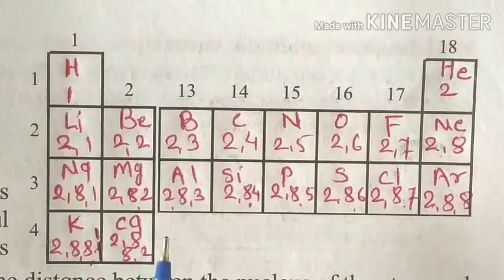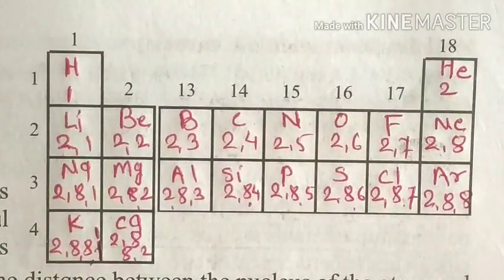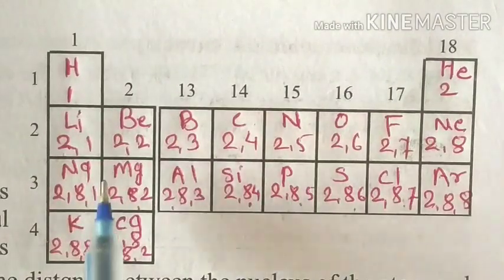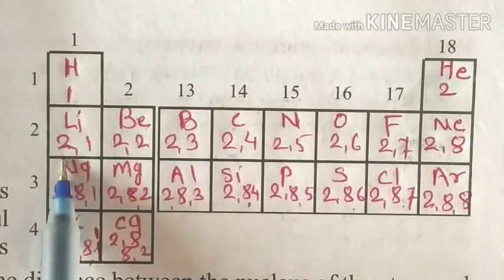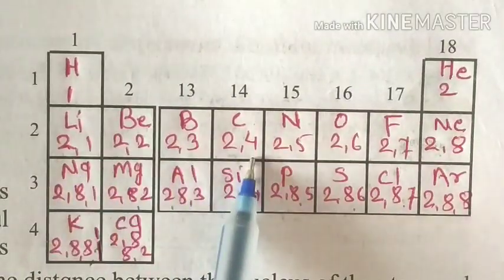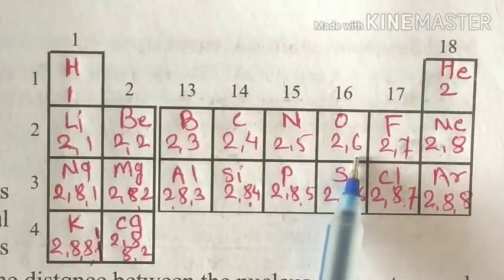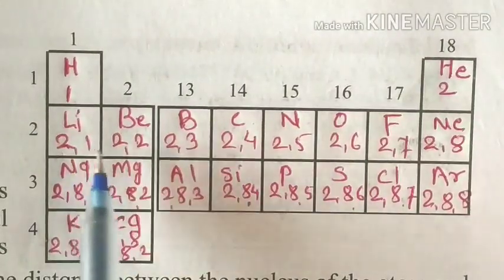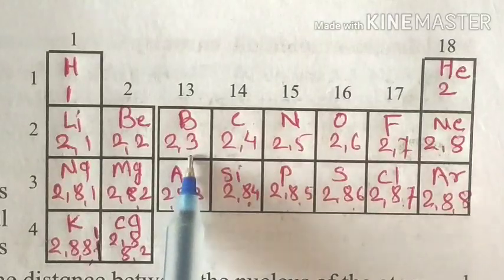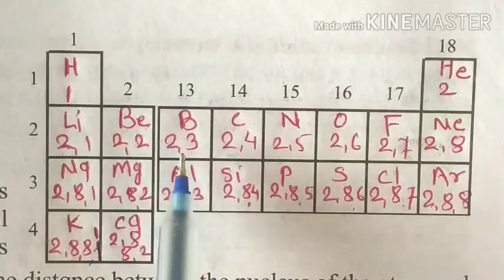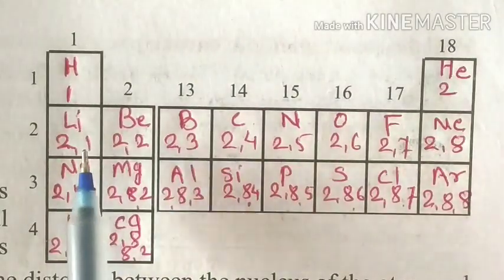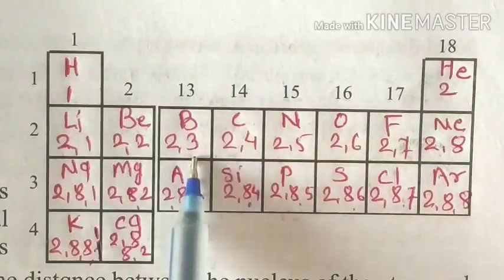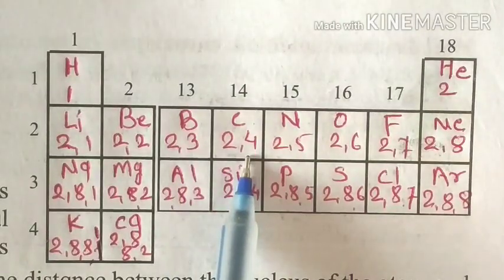Then what is the periodic trend in the variation of valencies while going from left to right within a period? What will you observe? See, 1 electron increases in the outermost orbit. So for lithium, beryllium, boron, it is easier to donate the electrons present in their outermost orbit than to accept electrons. So the valency of lithium is 1, beryllium is 2, boron is 3. Valency of carbon is also 4.